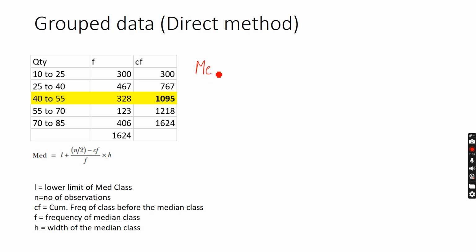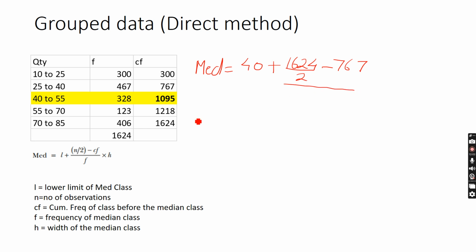So the formula is median equals L. L corresponds to the lower limit of the median class. We just identified the median class, 40 to 55. So the lower limit is 40, plus n by 2, which is 1624 divided by 2, minus the cumulative frequency of the class before. So the median class is this. The cumulative frequency is 1095, but you need to take the cumulative frequency of the previous class, that is the second class, 767,